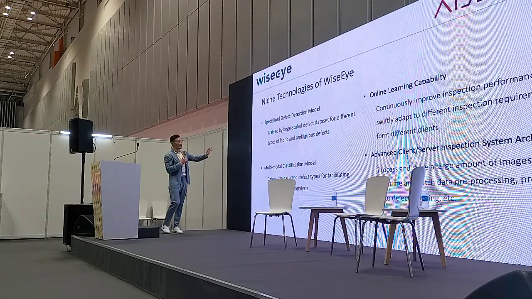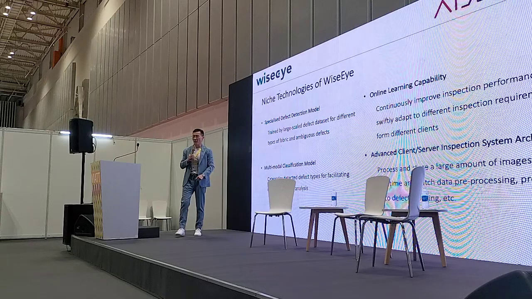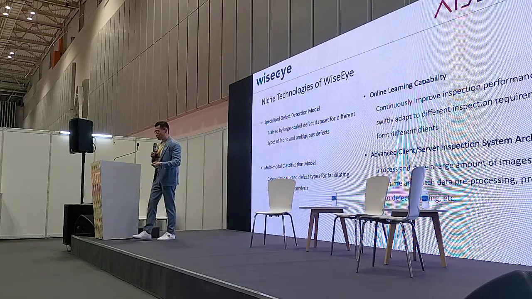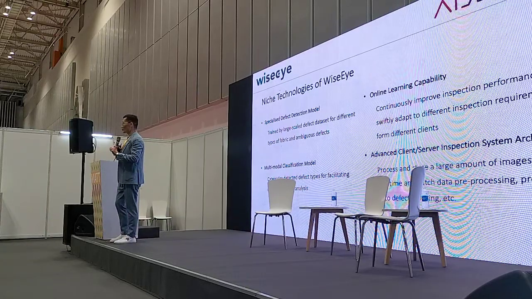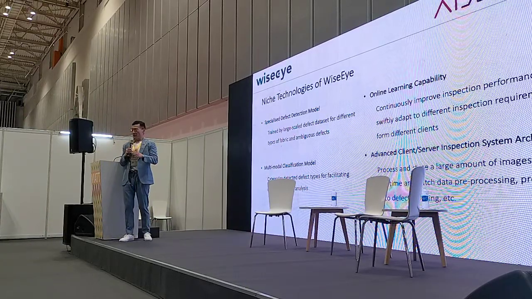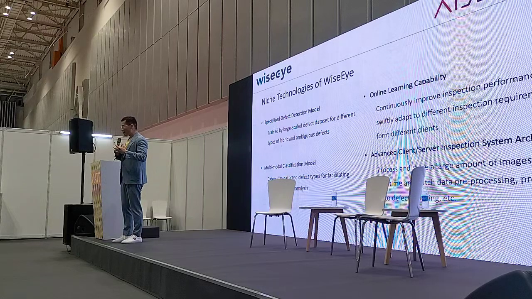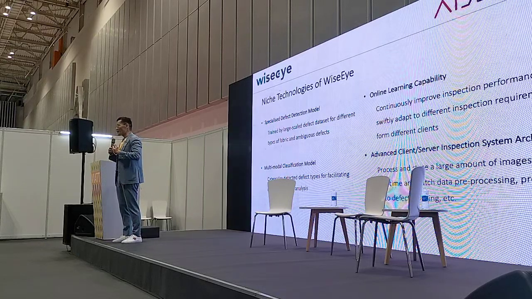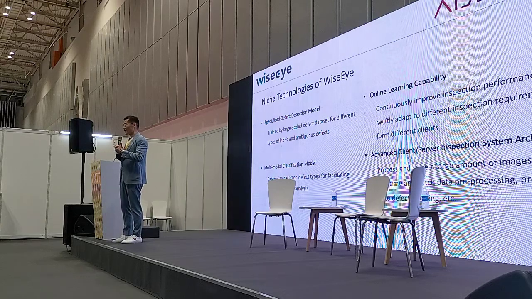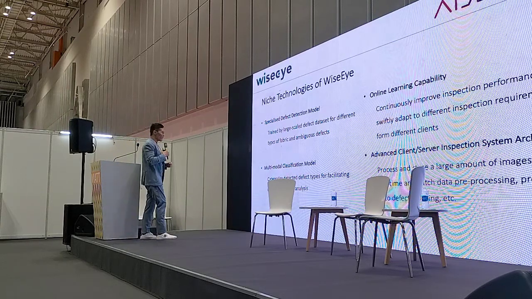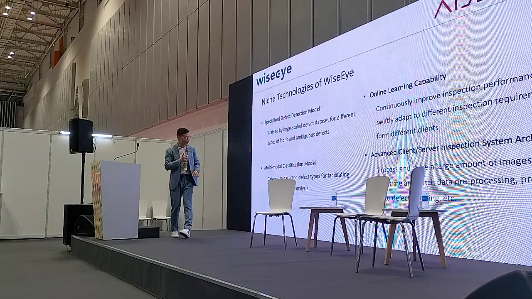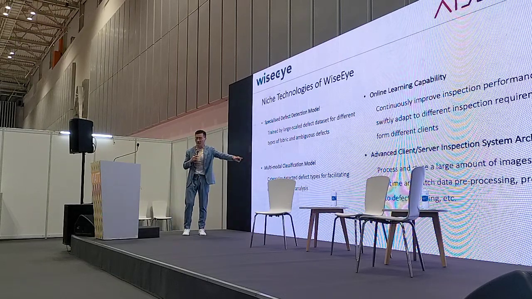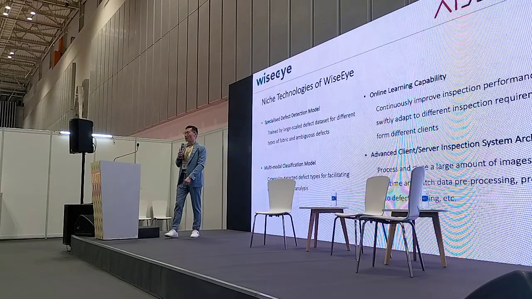What we have developed is a very specialized defect detection model trained with over 200,000 images of fabric defects. So this is very robust. And from day one, we have embedded the AI technologies with textile trade knowledge. So that's why we can really understand the requirement of the industry. Other than detecting the fabric defects, we can also classify the types of defects based on a multi-model classification model.